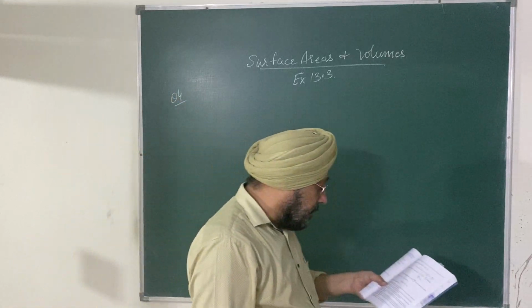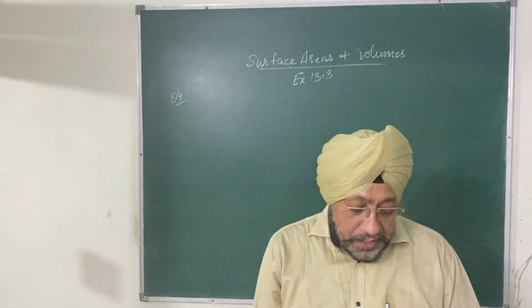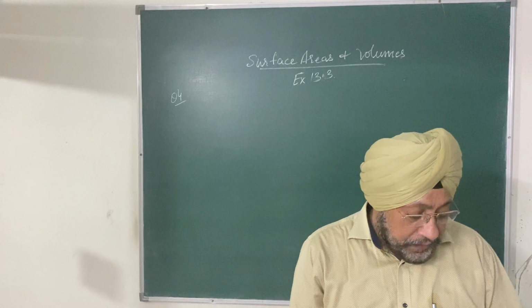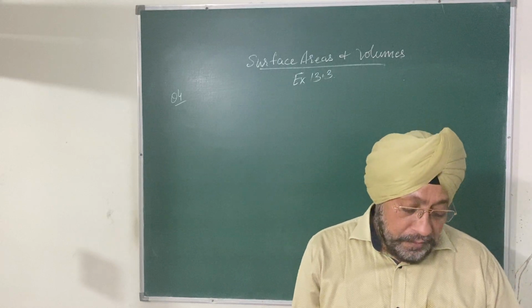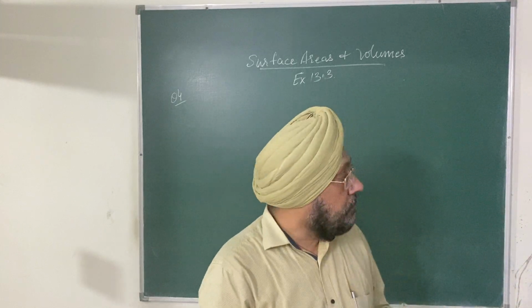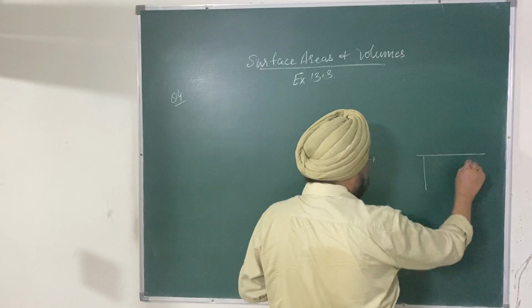Sum number 4. A well of diameter 3 meter is dug 14 meter deep. The earth taken out of it has been spread evenly all around it in the shape of a circular ring of width 4 meter to form an embankment. Find the height of the embankment. So thus we are having a well